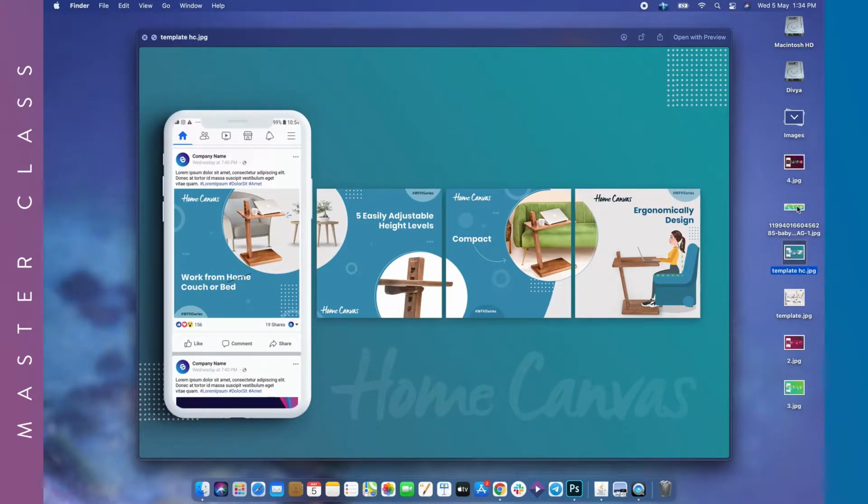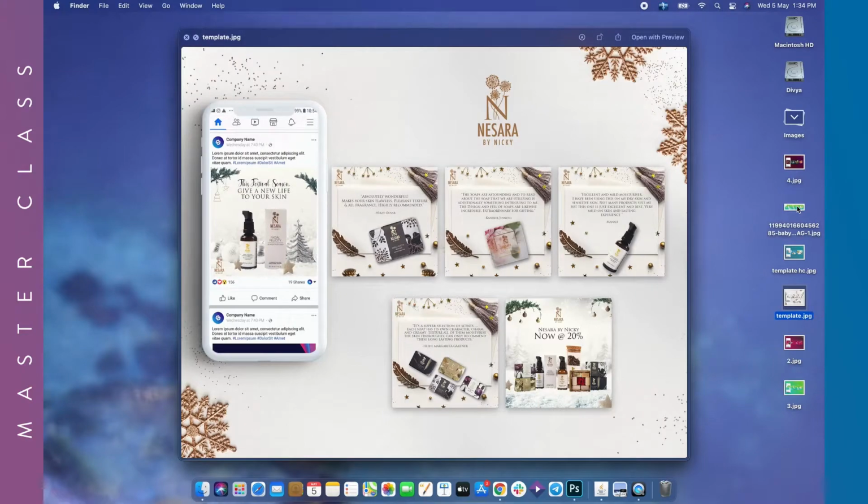So this is again a very good example of a continuous carousel where we have shown a furniture, its different features, and we have designed this in a continuous carousel. Let us see some more. So this is again a skincare brand. This is also a continuous carousel where we have maintained the design aesthetics throughout. We have made the first card a bit more different, more engaging, eye-catching and beautiful so that one can get hooked to it. So let's see some more.